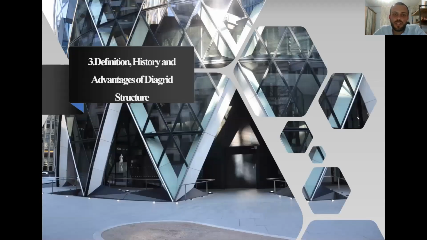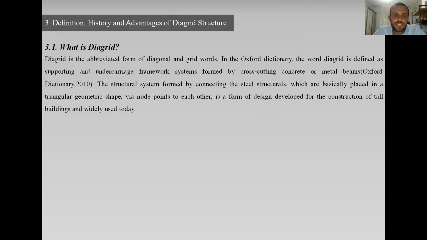3. Definition, history, and advantages of Diagrid structure. What is a Diagrid? Diagrid is a borrowed form of the words diagonal and grid. In the Oxford Dictionary, the word diagrid is defined as supporting